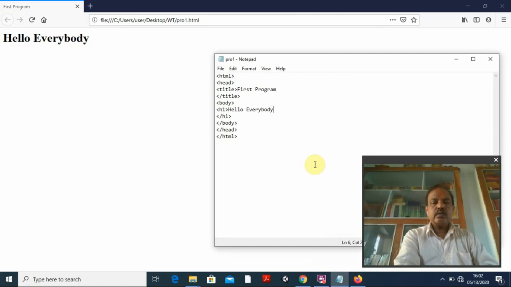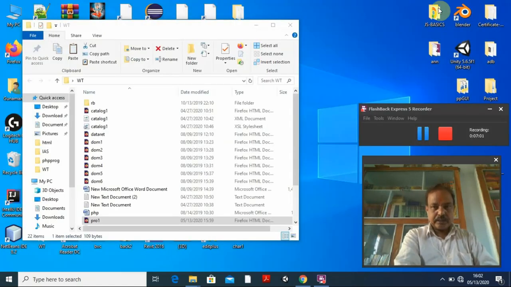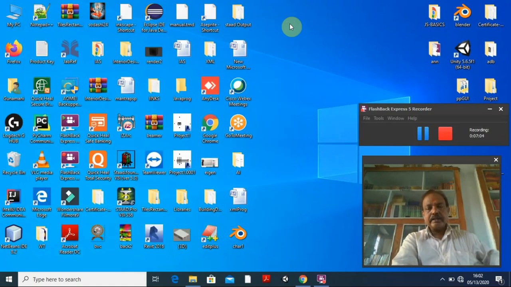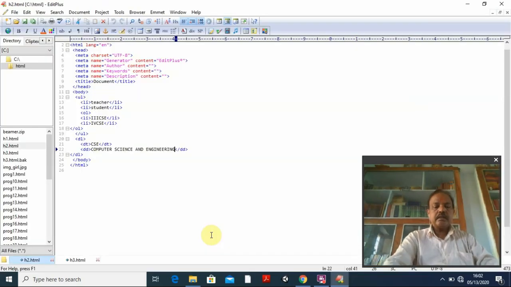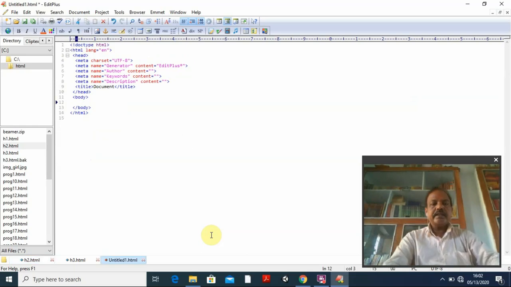I have shown you this using Notepad. Why would you want to use another editor? There are so many editors which are more useful, because a number of tags are there by default. For example, I can use Sublime or Edit Plus. Suppose I want to use Edit Plus. Just double click Edit Plus, and type Control Shift N, and a new editor appears by default. You may ask why so much is already there. Yes, by default all these things will be there.